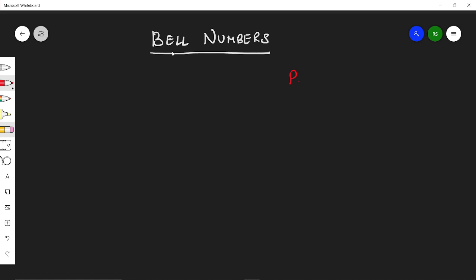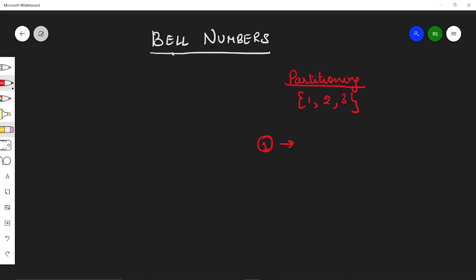What is the partitioning of a set? For example, I have a set like 1, 2, 3. The partitioning of a set has two properties. The first is that all the subsets that I'm partitioning this set into, the union of all of them should give me the original set.